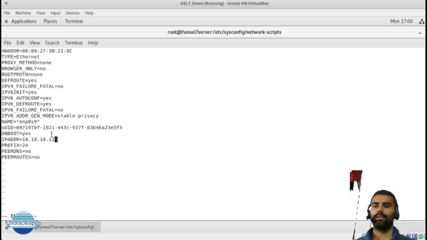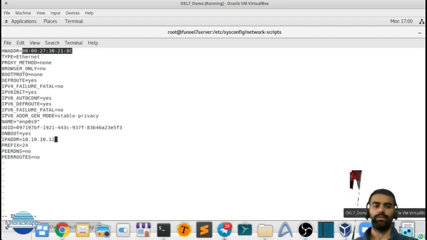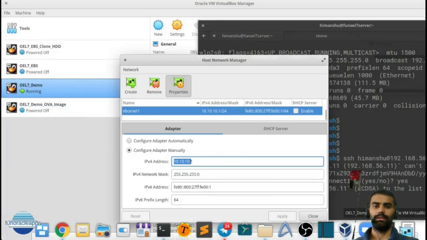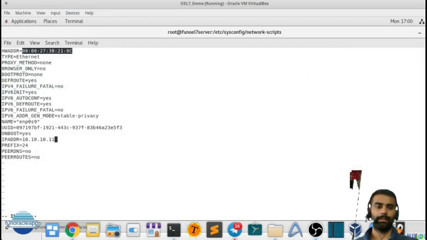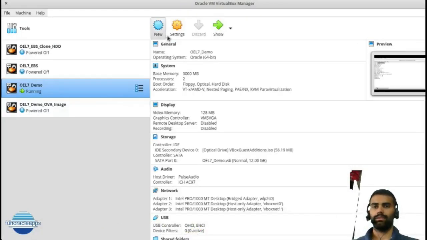But remember you also have to change the hardware address. This is a different hardware. This is the MAC address of the virtual network interface, so that also needs to be changed. So how do we find the network interface MAC here? I will close it, go here, go to the settings of the machine,